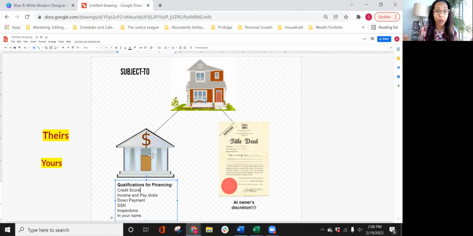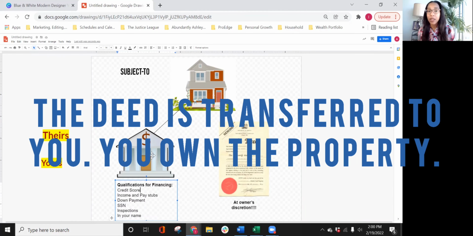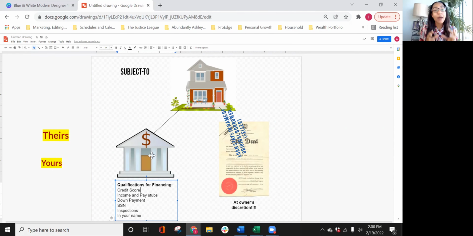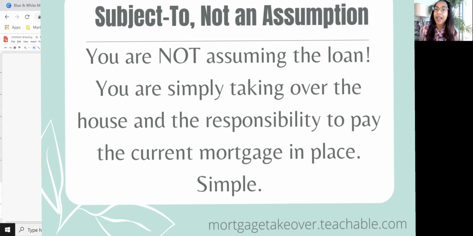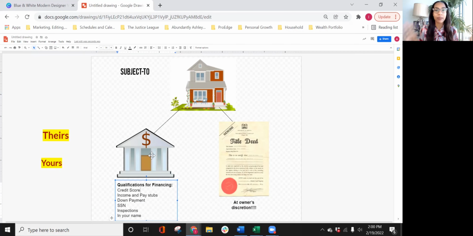I've already been living there, right? You're going to take over the moral responsibility. Why is it the moral responsibility? Well, because this loan stays in my name. Remember, the deed, we'll get to that next, will go to me, but the loan will not be able to be transferred to me unless we're doing an assumption, which we have a video on. We're not. I don't want to qualify for the loan. I don't want my name or my credit score or anything on anybody's loan.